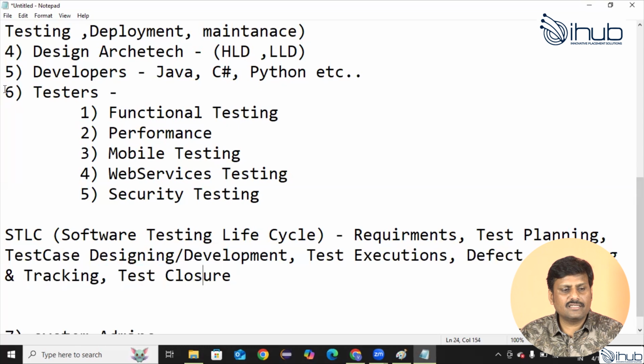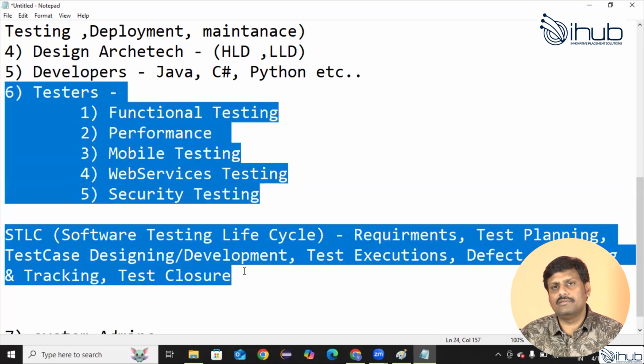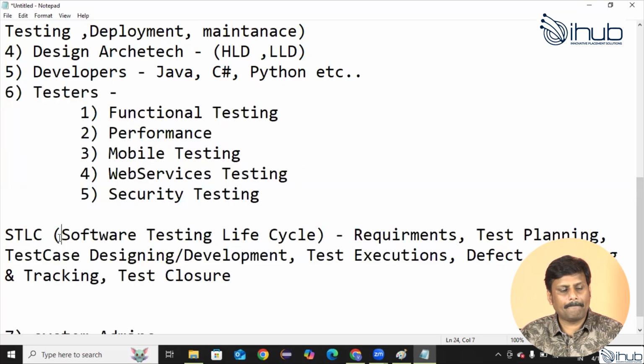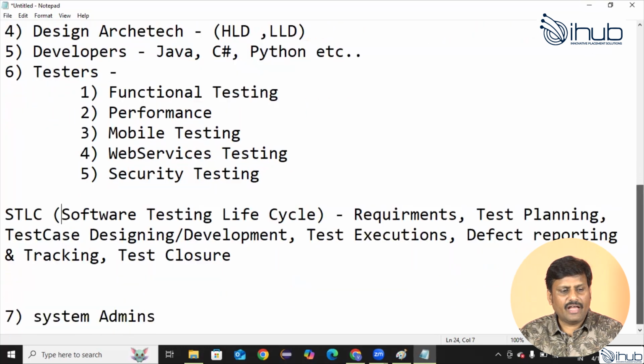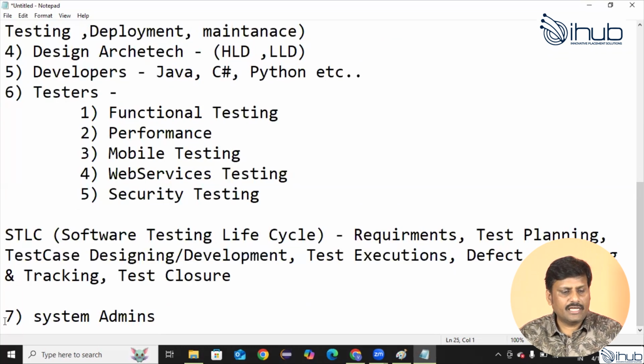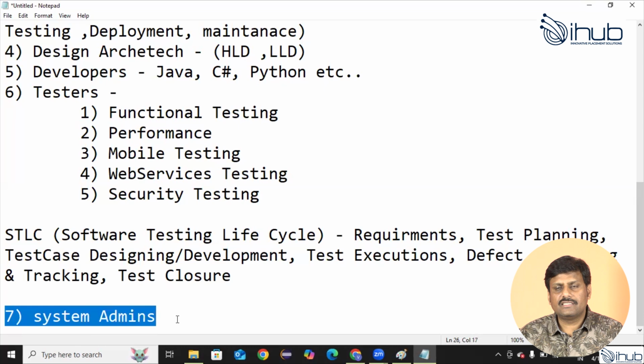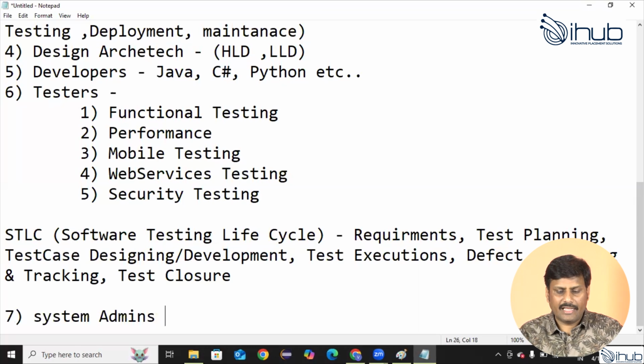This is what the testers were involved in doing, following the SDLC process. At the final stage, lastly they have to deploy into the production servers. Who will do this deploying in the production servers? The system admins, like